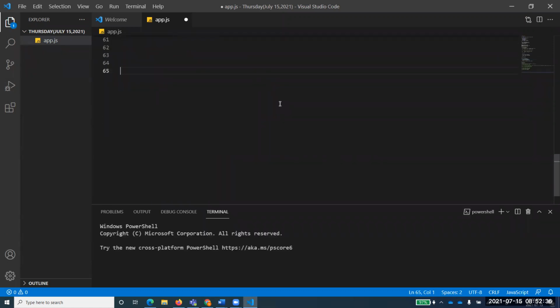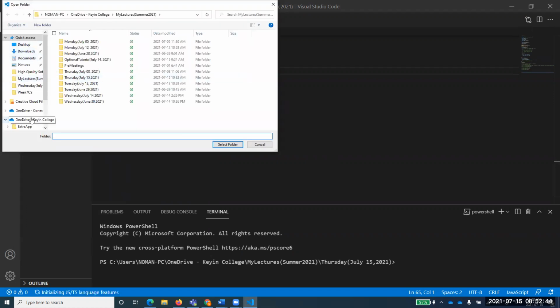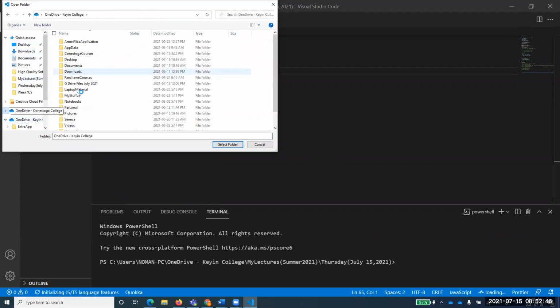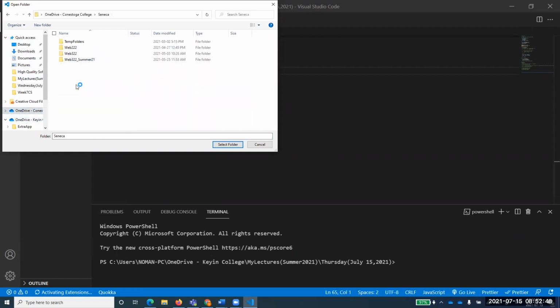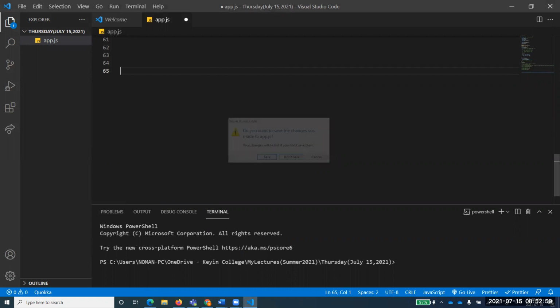Let's open up our week folder, and that folder has the JSON data as well. Seneca, summer 21, lectures, and I think it was lecture 6. We had that data over here.